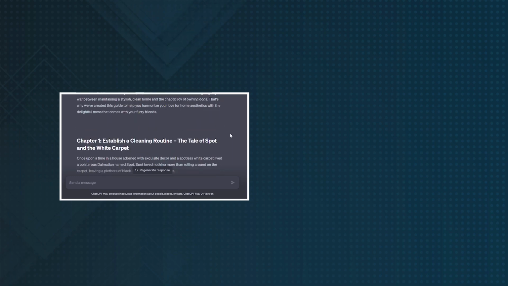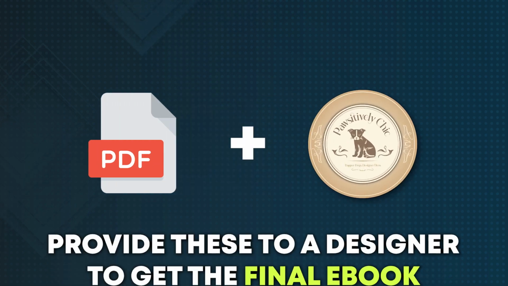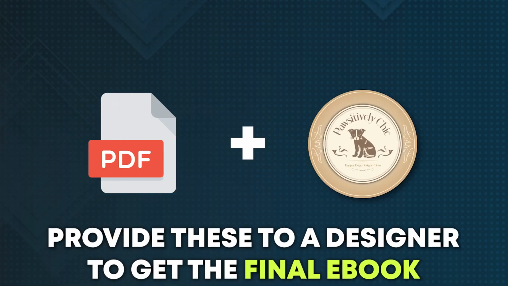So I'm going to go back and forth with ChatGPT a little bit to lengthen these chapters and play with it to try to find some more creative and more useful tips that would actually be valuable to our ideal customer avatar. Once I do that, I'm going to export this into a PDF. And once again, I'm going to include that plus the logo to an actual designer who can take our design aesthetic that we borrowed from Midjourney in our last chapter and have them design the ebook with our logo and our aesthetic, which we then export to PDF. That becomes the asset that we deliver to our customers who scan this QR code from the product insert.